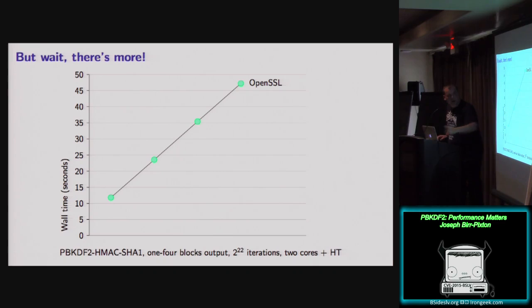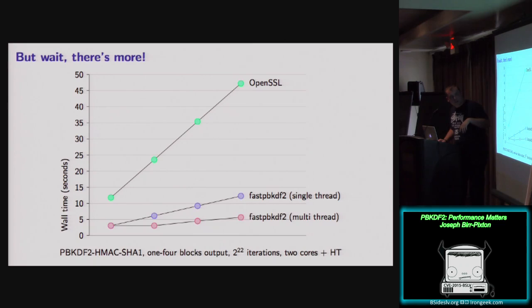So here we've got OpenSSL for 1, 2, 3, 4 blocks. This is wall time now, not CPU time. And yeah, it's about 12 seconds, which is what was on the last slide, and then 24, and so on. And then, same thing, single thread, so the slope is less because it's quicker. And then, multiple threads, so this is on a 2-core machine,